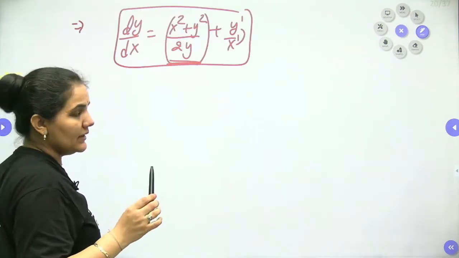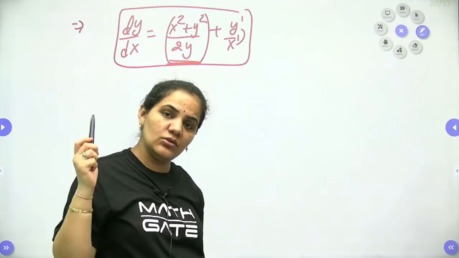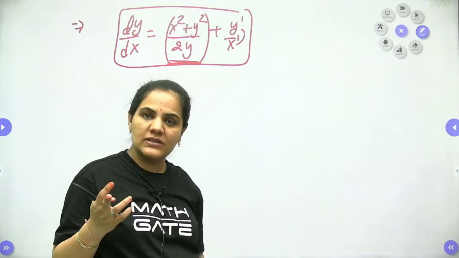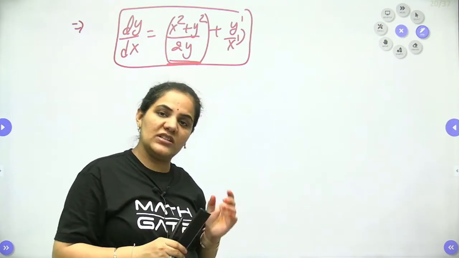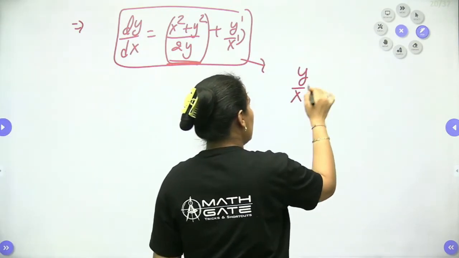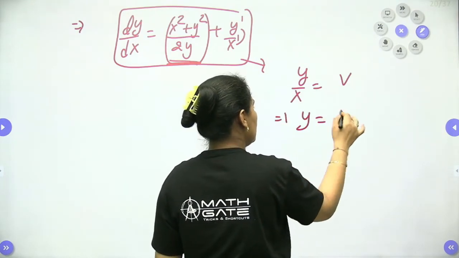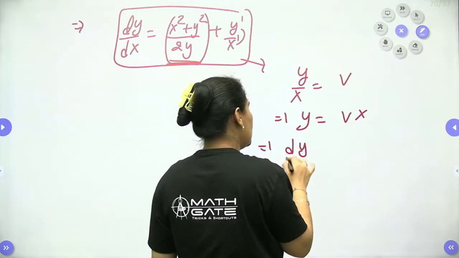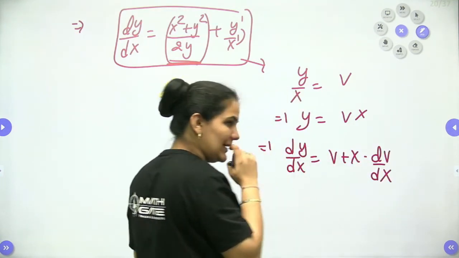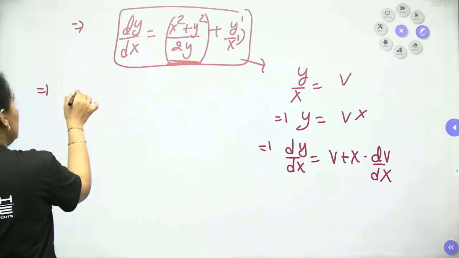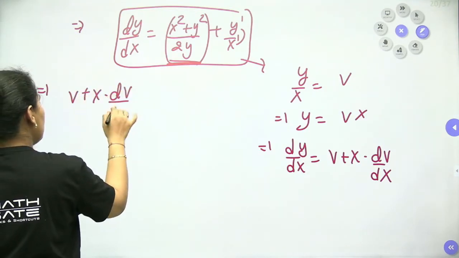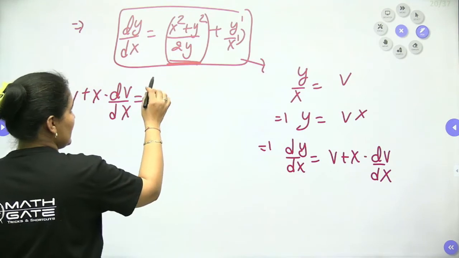These types of homogeneous functions we used to see in Euler's form. If you remember, we used to apply these things in Euler's form, so this is the same pattern we can approach. This is a homogeneous function. So we can directly put y by x is equal to v only, which means y is equal to vx. So we can go for dy by dx is equal to v plus x into dv by dx. When we approach it, at the place of dy by dx, we can put v plus x dv by dx, which is equal to x square plus y square.